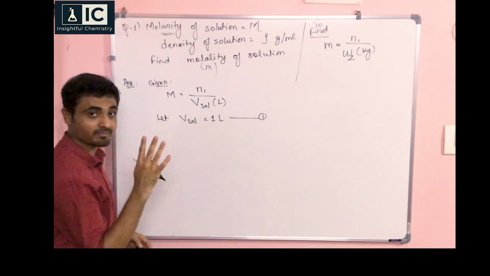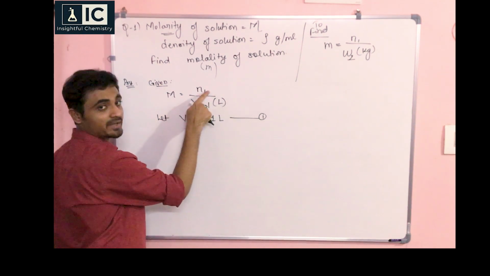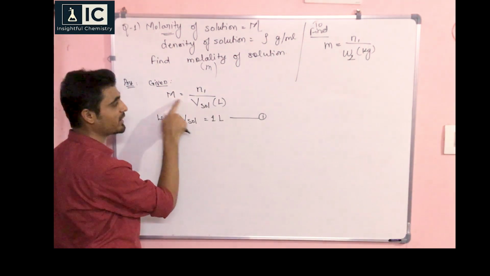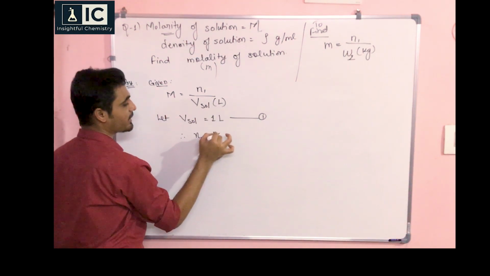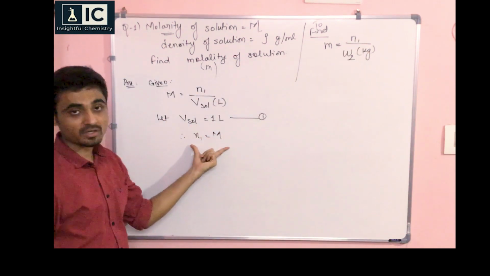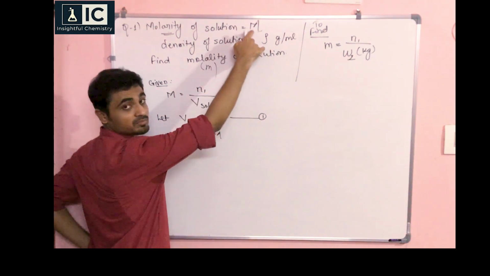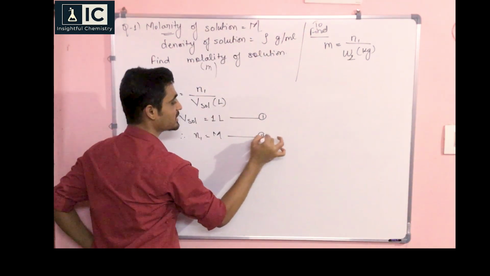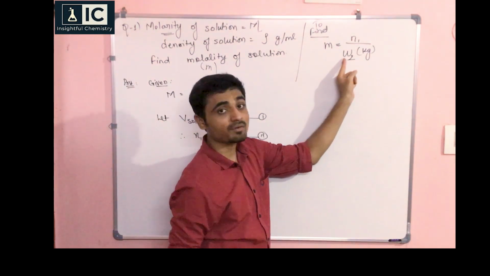Now you see the beauty of this. As soon as you take the denominator to be 1, n1 becomes equal to M. Why? Because this is 1. So therefore n1 equals M. Now you see, I want n1. I have directly got n1 here, which is M. M will be the value. Take this as 2. Now you have to start thinking a little bit, because I want weight.